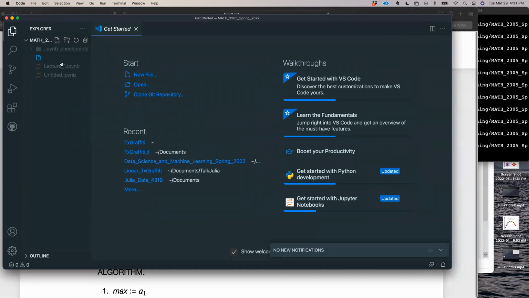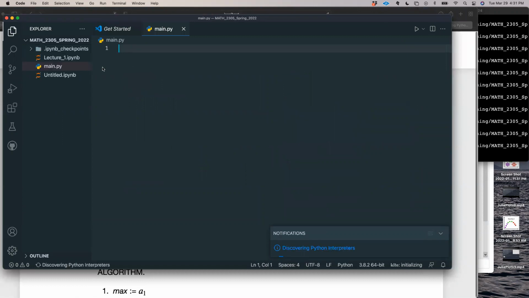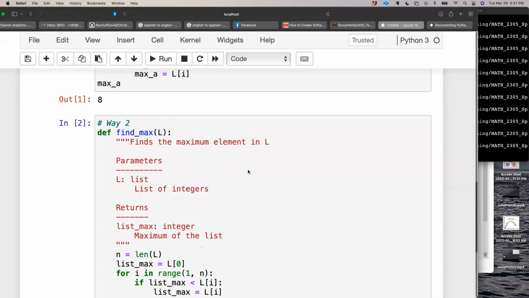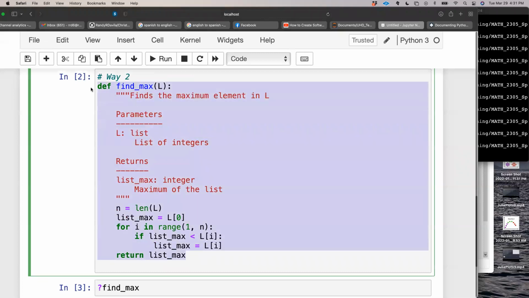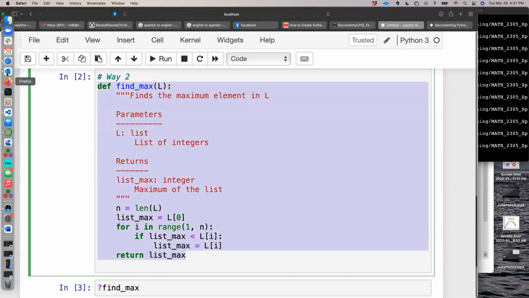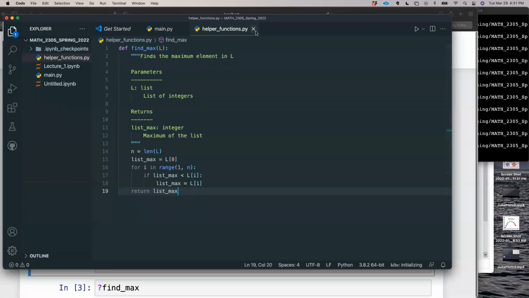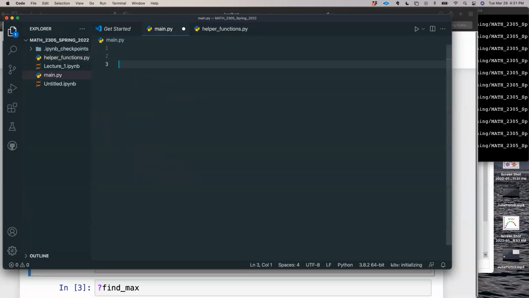I'm just gonna make a new main.py script. And then I'll do another script, helper functions.py, like that. This is weird that I'm doing it this way. Just grab this thing, copy it, go back to my script, and inside helper functions, put that there. See the little dot right there? It means I haven't saved it. I save it, and then inside main I can say